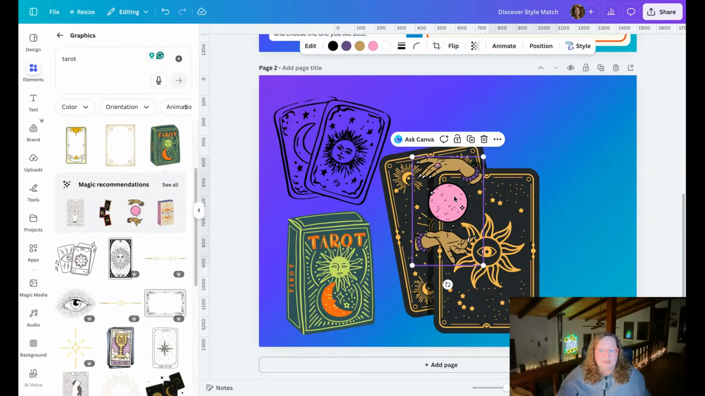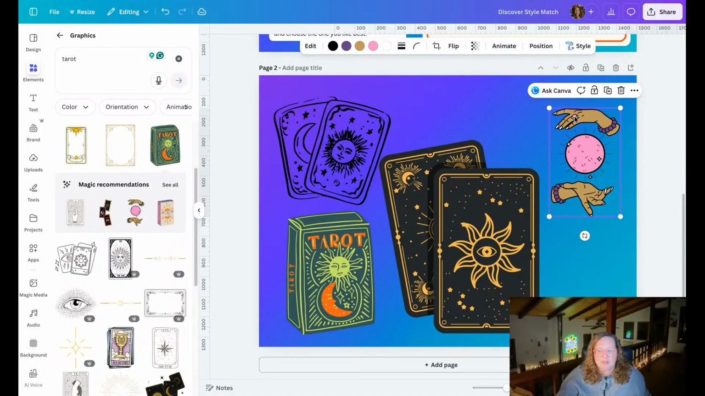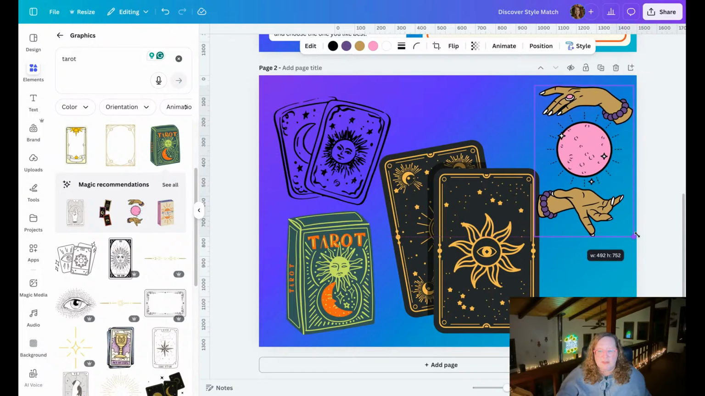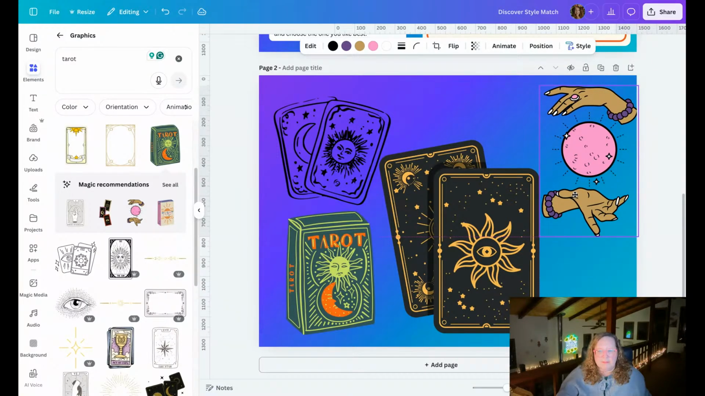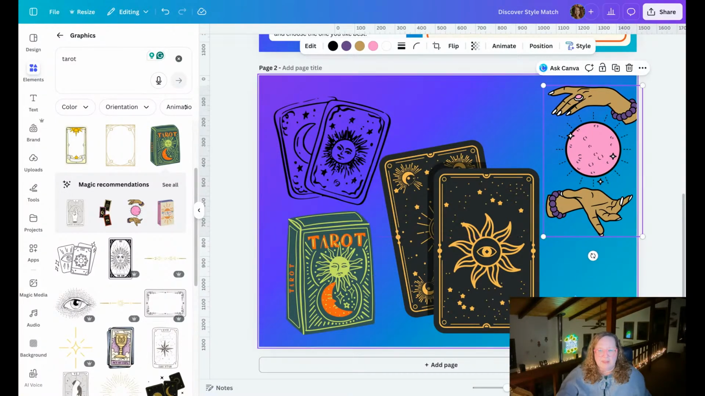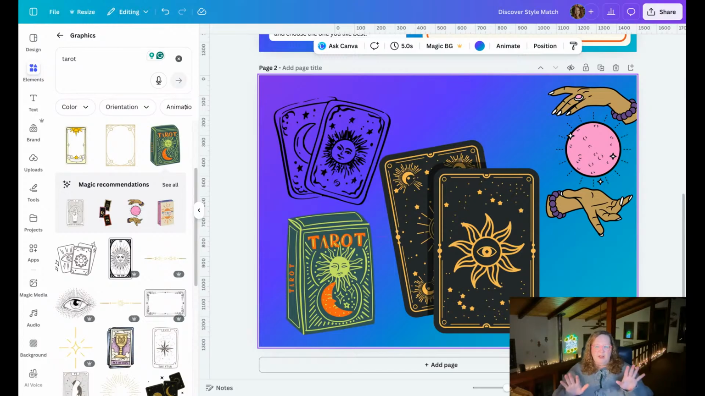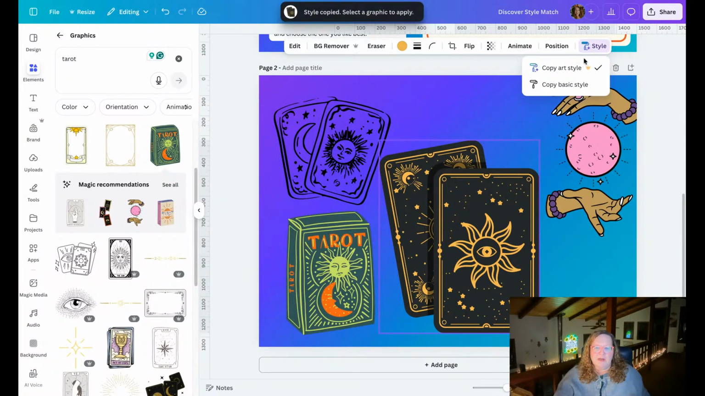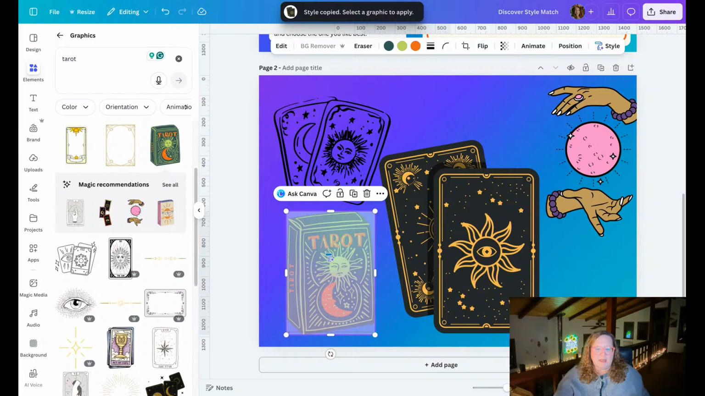And then, oh, this cute magic hands. Okay. So now all of this doesn't match. So we're going to see if we can make it match. I really like the style of this. This black and gold's really classic and beautiful. I'm going to go here, copy art style, and I'm going to click here